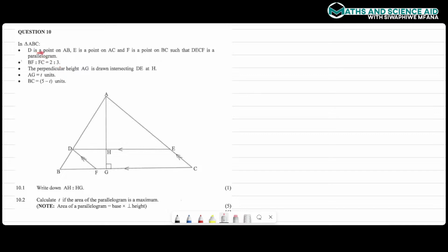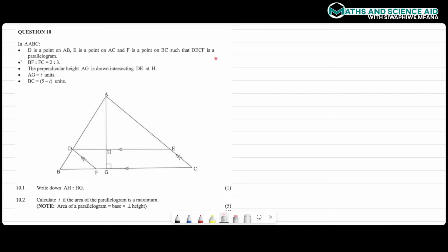So they say D is a point on AB. Here is D. Indeed, this is a point along the line AB. E is a point on AC. Here is E. Indeed, it's a point along AC. And F is a point on BC. And similarly, there is point F. Okay, and then they say such that